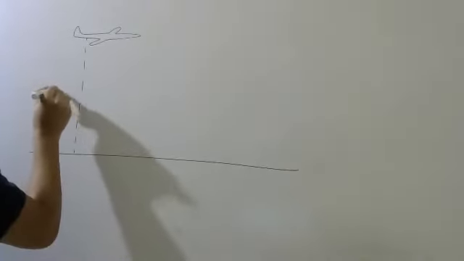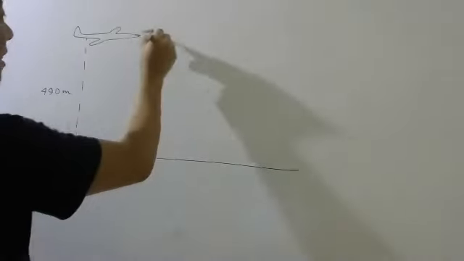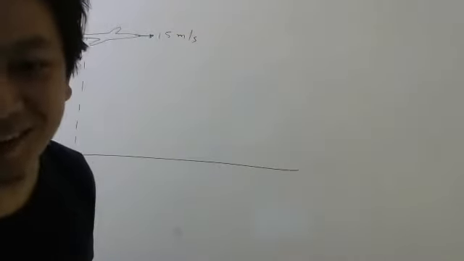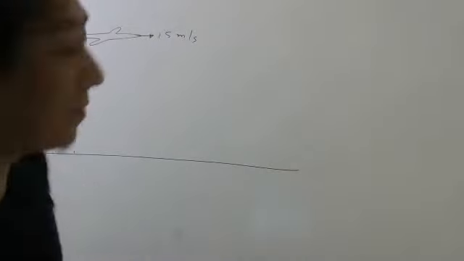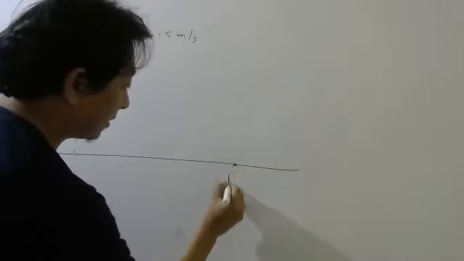Now, when it is at a height of 490 meters, it will never be 490, it will be more than that. But I want to give you the same numbers so that you will come to know that the question is actually the same. So when the aeroplane is at this height, it is flying with what velocity? What was the velocity with which the stone was thrown? Oh, 15. 15 meters per second is very, very less for jet planes, but okay, later on we will change the number. So the jet plane is flying at 15 meters per second. Now, here is the target.